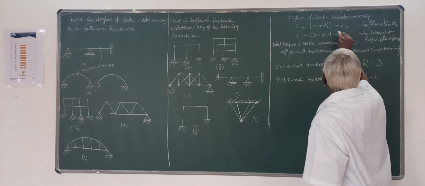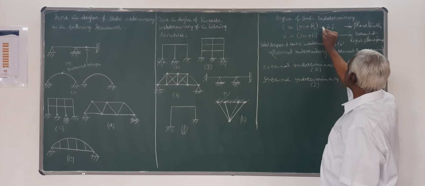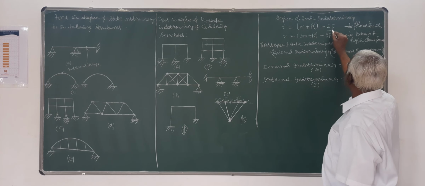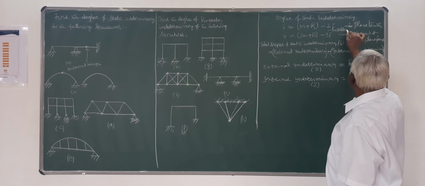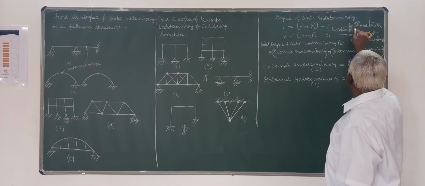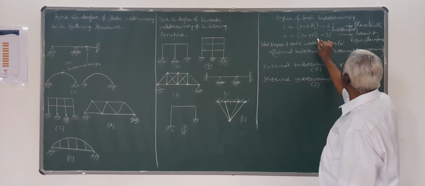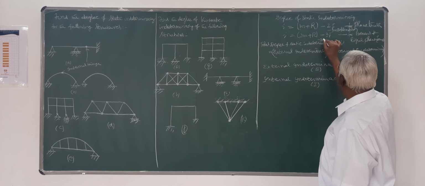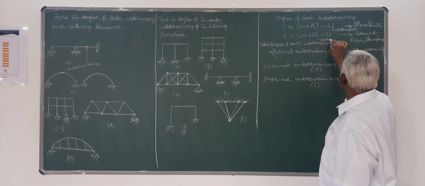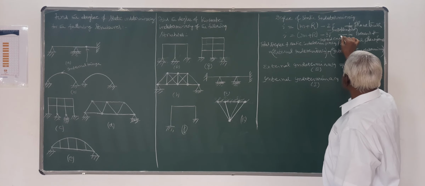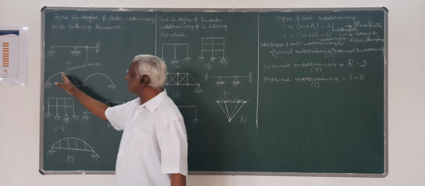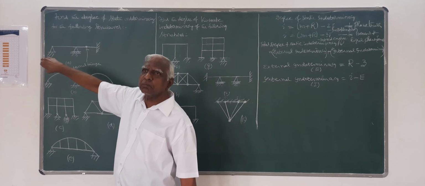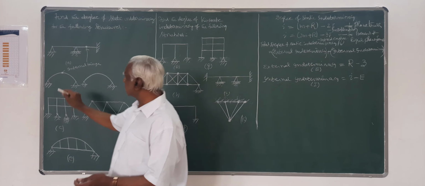So here I have to say m plus r minus 2j minus imposed external condition. Here also minus imposed condition. That imposed condition means if you have an internal hinge, I am externally imposing a condition that